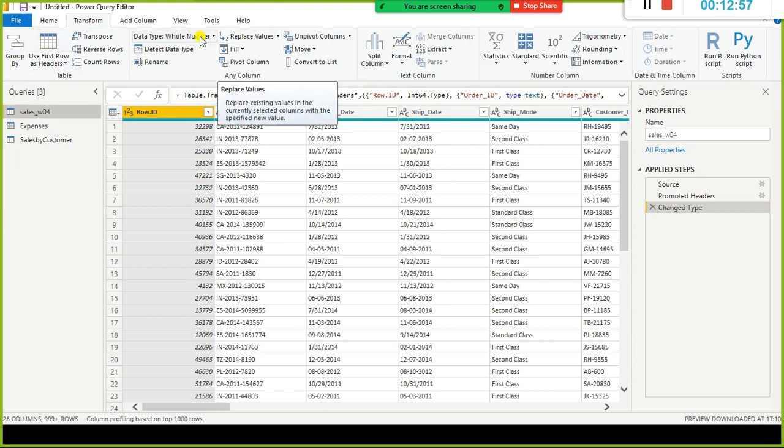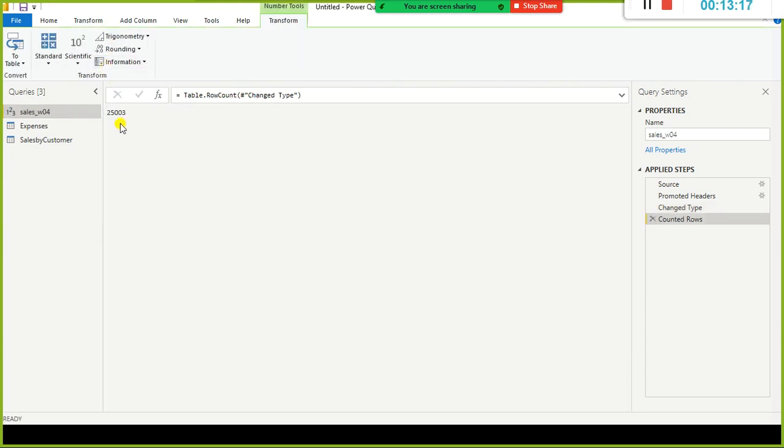When it comes to transform, we can see something like group by, use first row as headers. In our case, the column headers are already correctly detected by the Power Query editor. The next ones are reverse rows, transpose, count rows. I'm going to click on count rows. It gives me the total number of records in this data set.